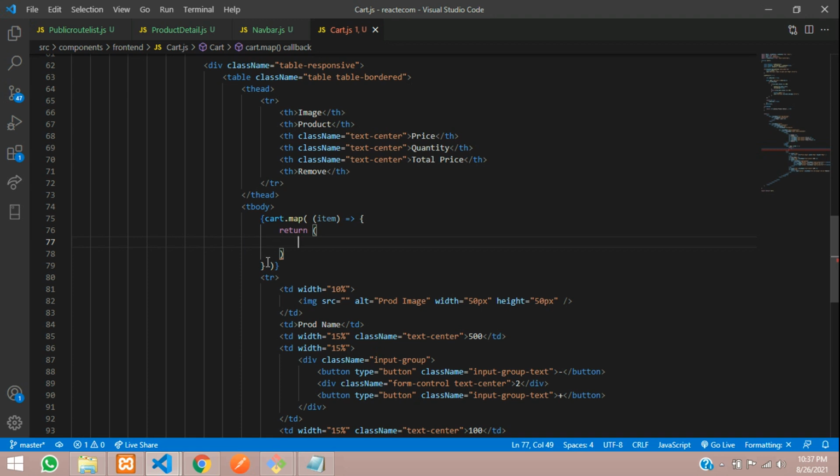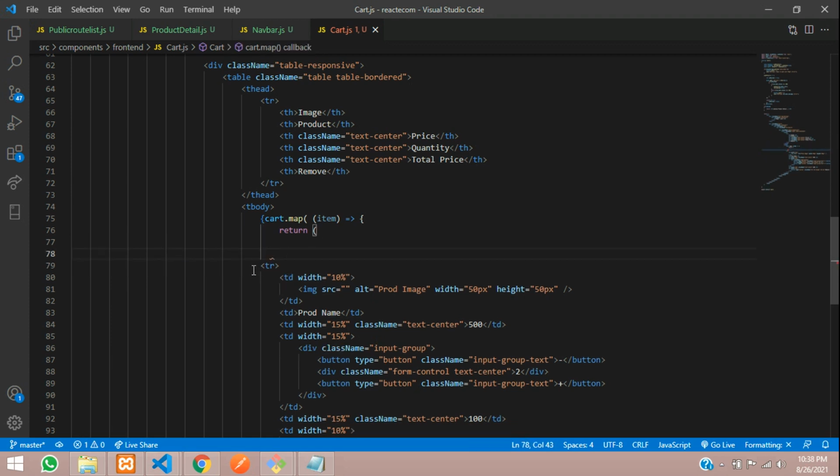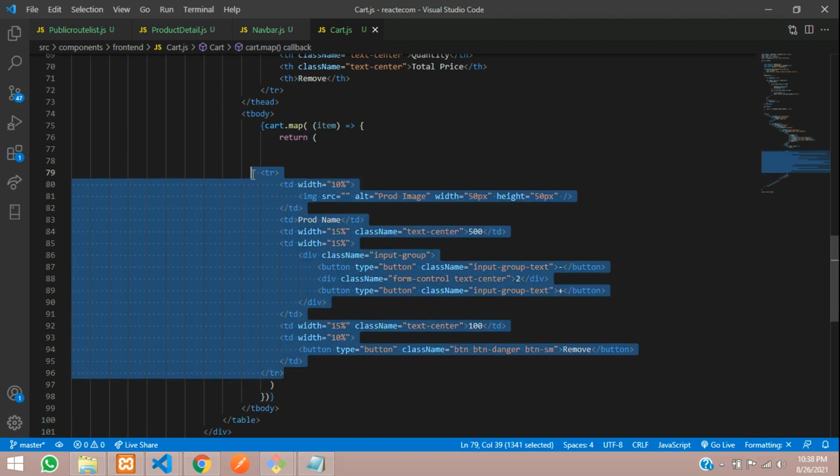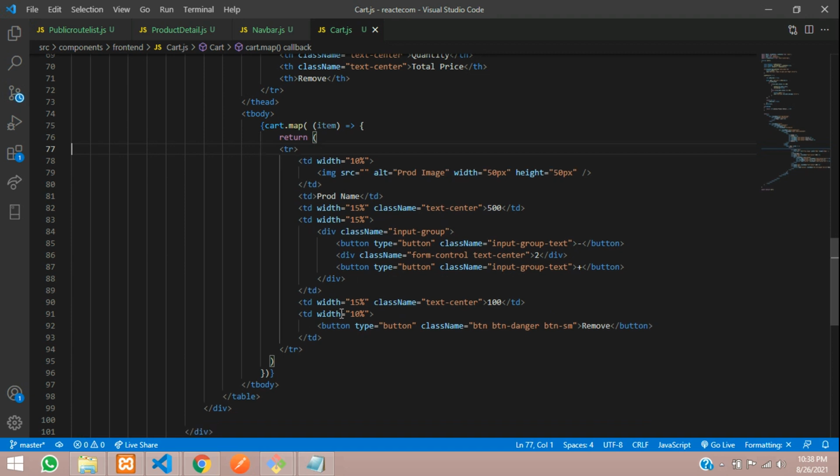Okay, and now let me just cover this gap. Let's cut this and just paste after this table row ending. Okay, done. Let's push. All set, guys, and now you can just loop and see that.